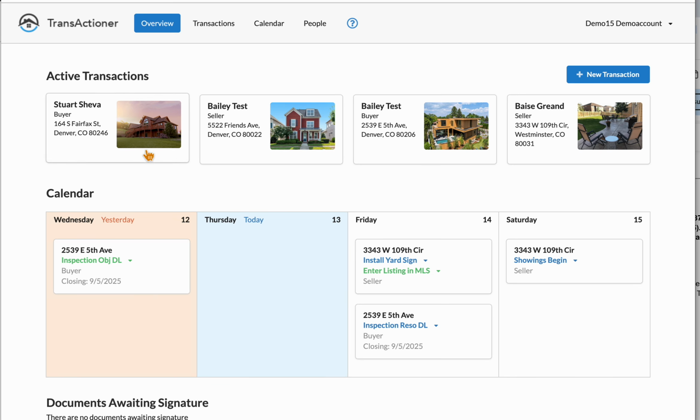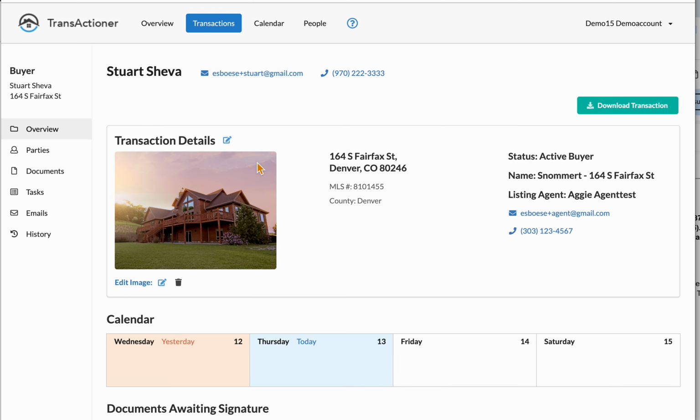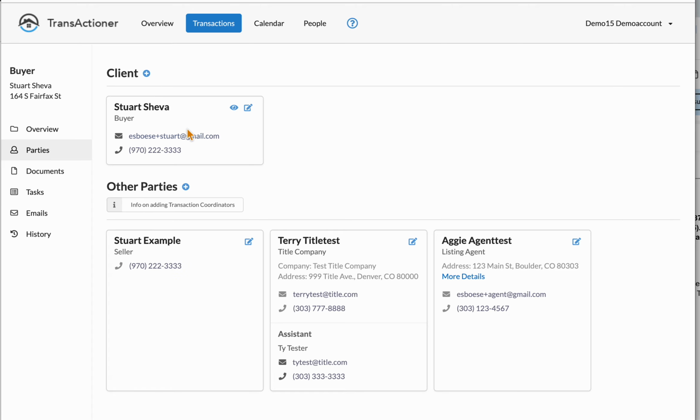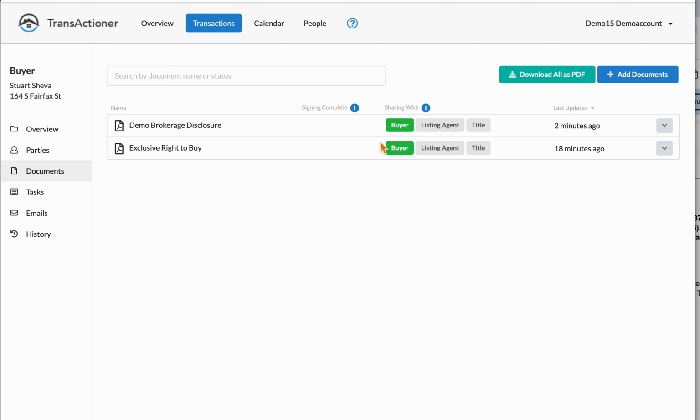But we're going to go and put an offer in. So we're going to go look at Stuart here. Here's our overview for this particular transaction. We have a list of all the parties. So here's my client, the other side's client, title, and listing agent. So I've got things set up and my buyer has already signed a couple of documents, but I need to